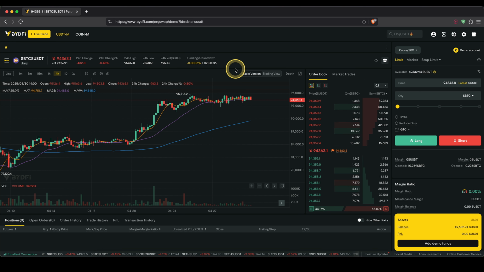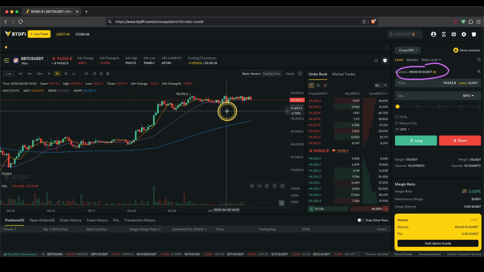If you sign up with the first link from the description, you will also automatically get $50,000 of demo funds in here, and you can also add more demo funds if you want to trade more. And now you can completely risk-free try out the entire platform right here and test out all the features, which